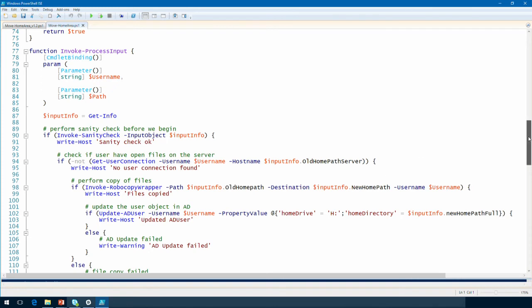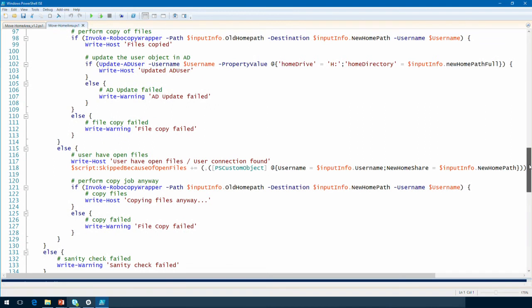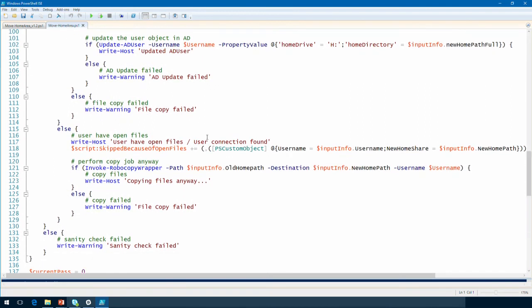So we keep track of what we need to skip because of open files, and we copy files anyway. In this example, I just have a write warning, but of course you would replace that with a write log or something. You have to log the problems as they happen.